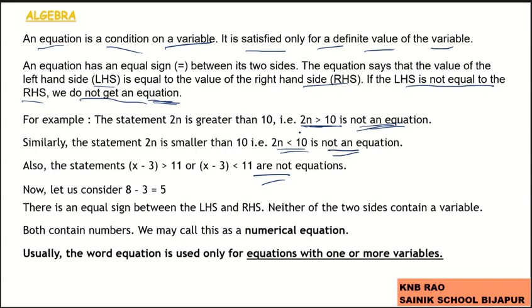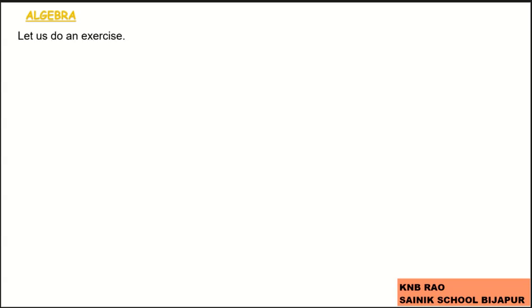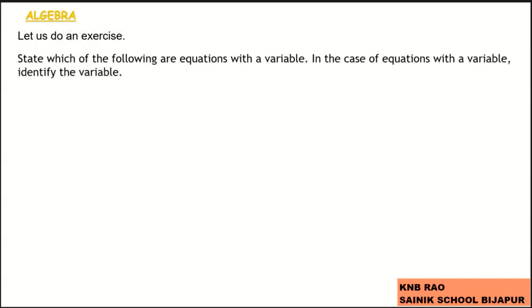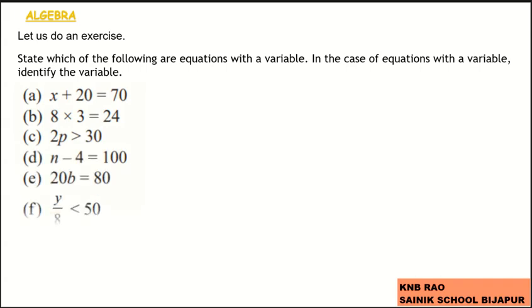Okay. Now let us get into some exercise on the things we have learnt. State which of the following are equations with a variable. In the case of equations with a variable, identify the variable. Here, x plus 20 equals 70. Is this an equation? Yes, it is an equation with the variable